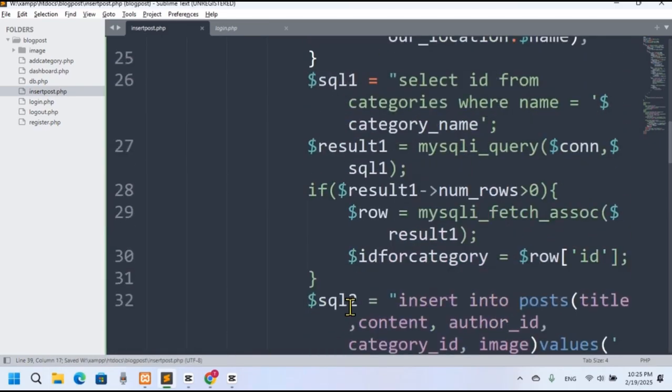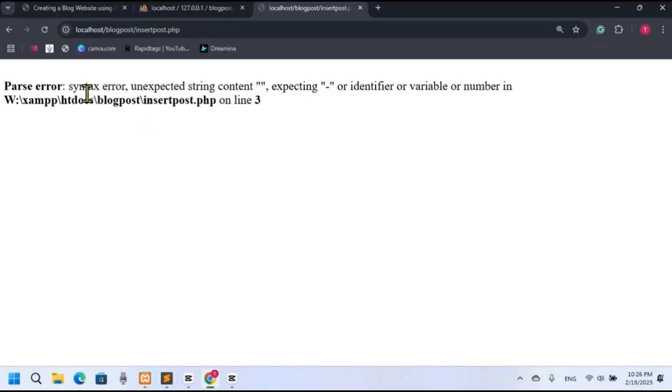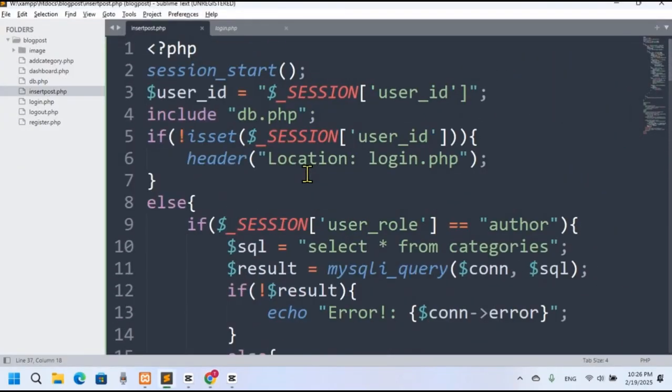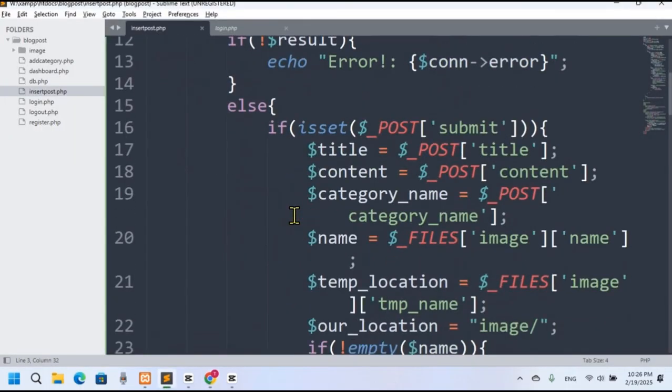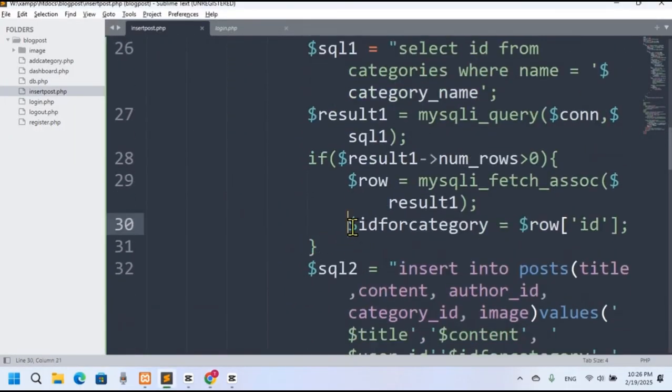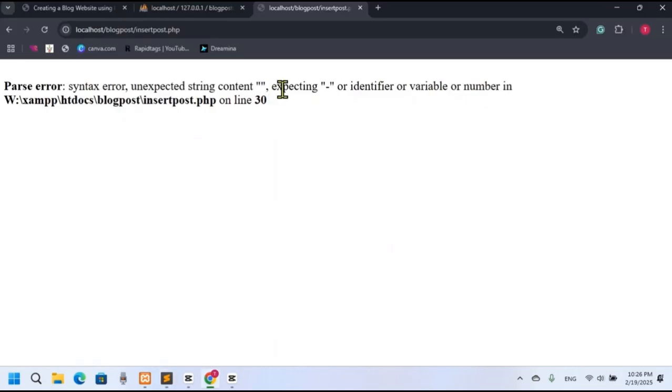Okay, now let's check if it is working or not. So we got error, syntax error, unexpected string content, line 3. So let's go here, line 3, user ID. Okay, so we just need to remove this. That's it. If I refresh, now line 30, let's go to line 30, and here it's showing